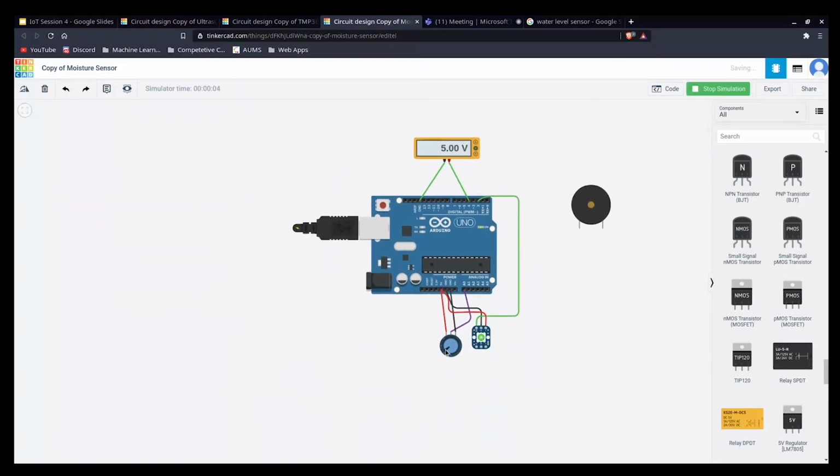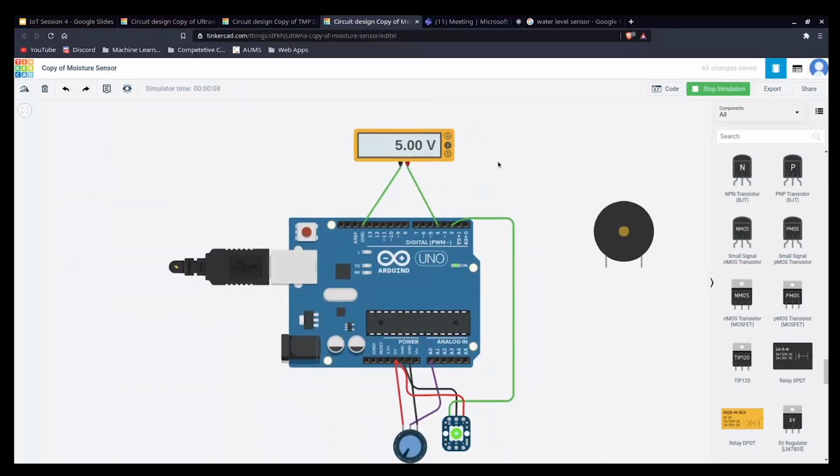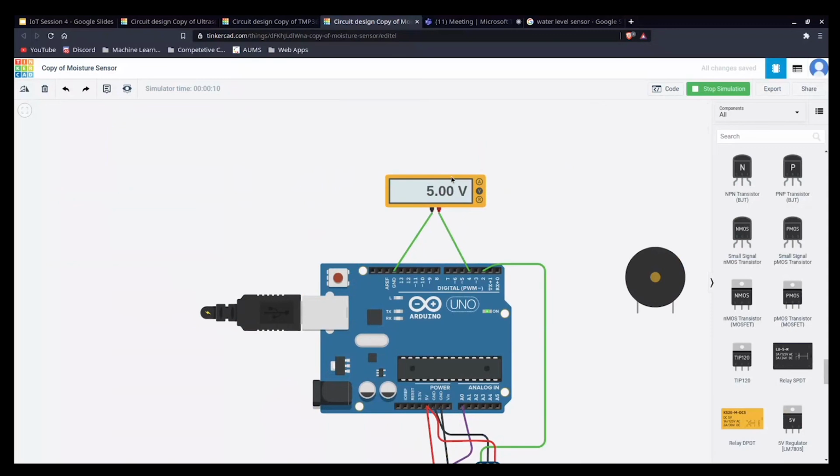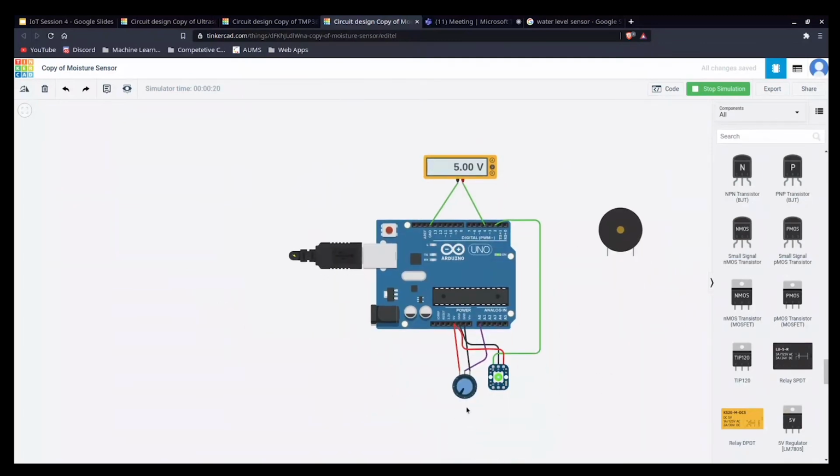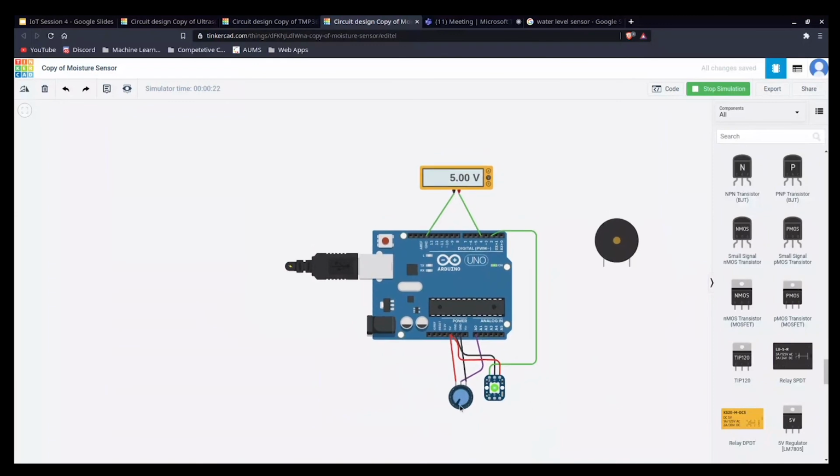Okay, as you can see, in the middle condition, what is this? This multimeter is actually used for checking the voltage difference or the current through that or the resistance. So as you can see, as soon as I give the condition between the middle value, if I go to the less range, 0 volt, that means pin number 4 is giving low output.